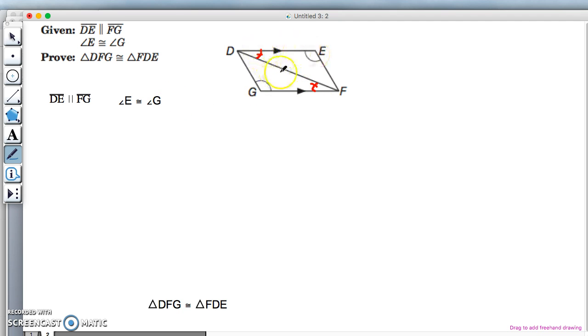And now we need one more piece of information, and here is our common side, and therefore we can prove these triangles congruent with angle side. So that'll be the plan. So to do that, we'll just go ahead and from here,